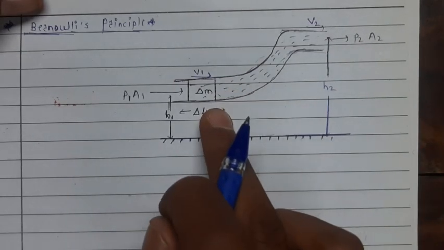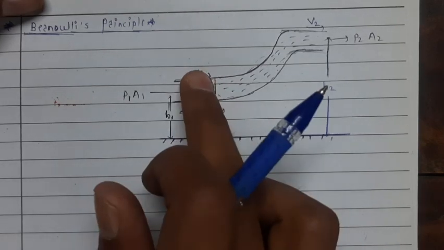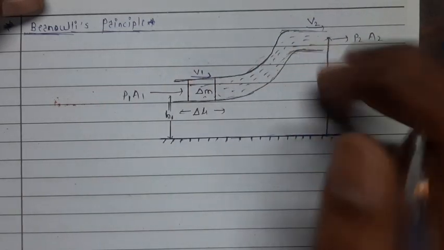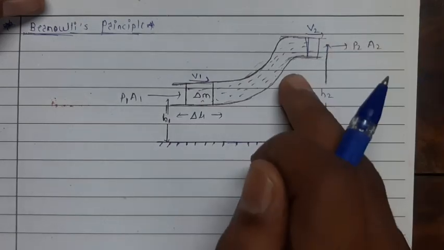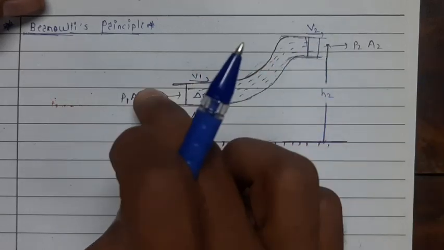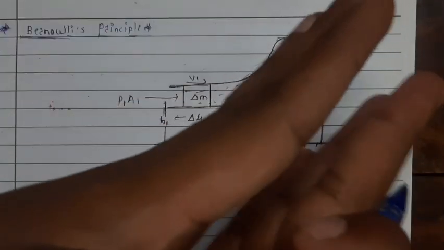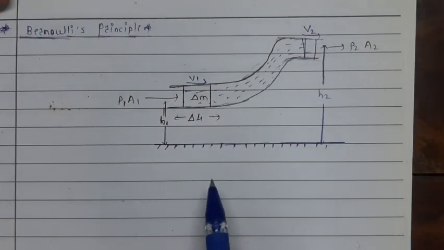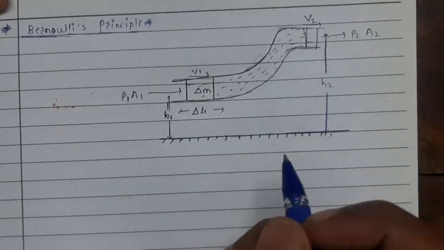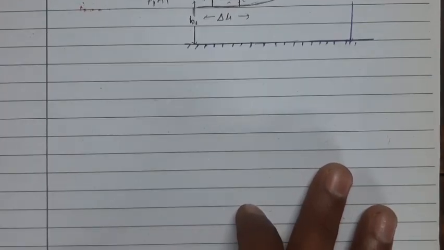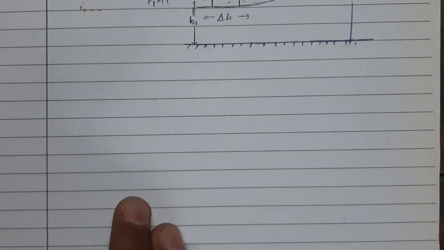At this point the pipe is at a height h1, and as you move from the left-hand side towards the right-hand side, the height of the tube increases from h1 to h2. One more thing is that as you move from left to right, the width of the pipe goes on increasing, and also the height increases. These things we have to consider. First of all, we will consider the description of the figure, and after looking into it, we will proceed for further explanation. So first of all, note down the explanation from the figure.